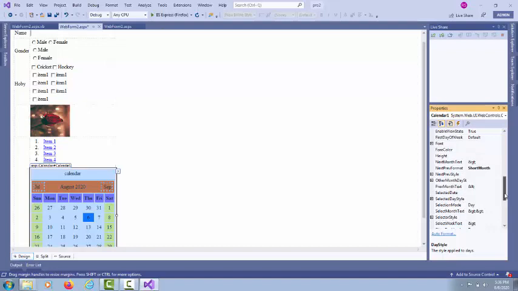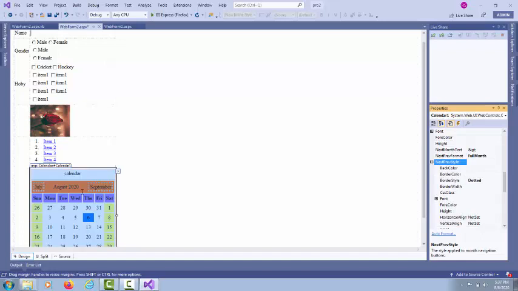Yes. Next one is the font property. You can also set the day's font. Okay, next very important property, that is the next previous format. It can be a custom text. Yes, if you set it as custom text, then the next previous format will be like this, less than and greater than. If you set it as short month, then it will display the previous month and next month. You can see here August. Before August we have July, and then next month is September. Okay, next one is the full month. It will display the name in full month.